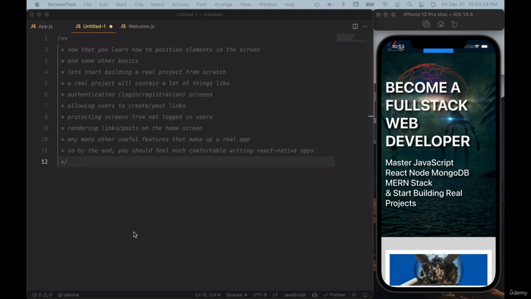So the first thing I can think of when we think about building any project is having a login and registration system, right? So we will start with creating a sign-in and sign-up screens. So we will create those screens. And while we're doing that, we learn a lot of things. For example, how do you